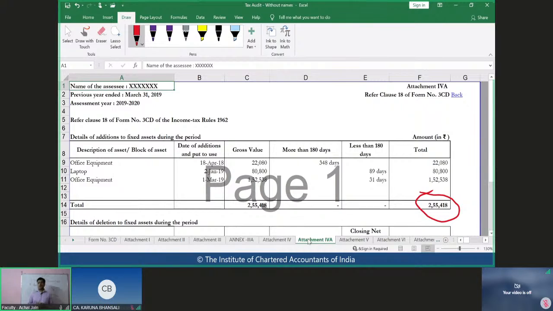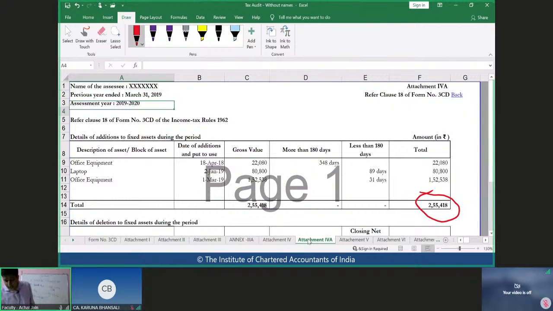In case of tax audit, this procedure should still be applied, because by looking at the additions on a sample basis, the auditor can verify various things. One is about their existence, second is about their correctness, third is about their classifications, which could be different, and fourth is about the depreciation and their segregation under less than 180 and more than 180 days. Okay, clear on this?